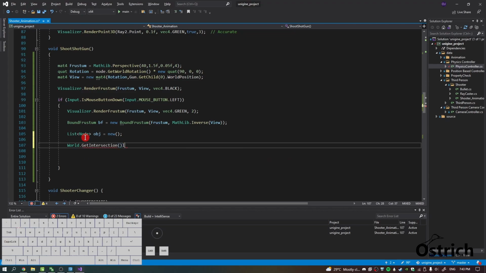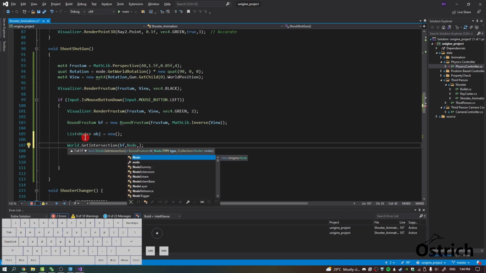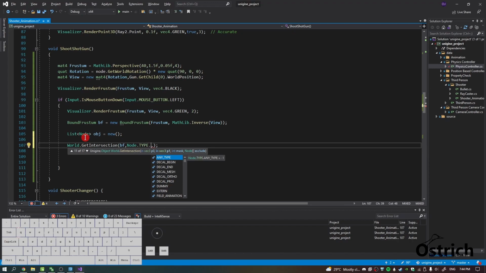It has a few overloads, and we're going to use this one. So bound Frustum, that's the bounds. The node type is going to be node dot type dot, let's just use object mesh static,